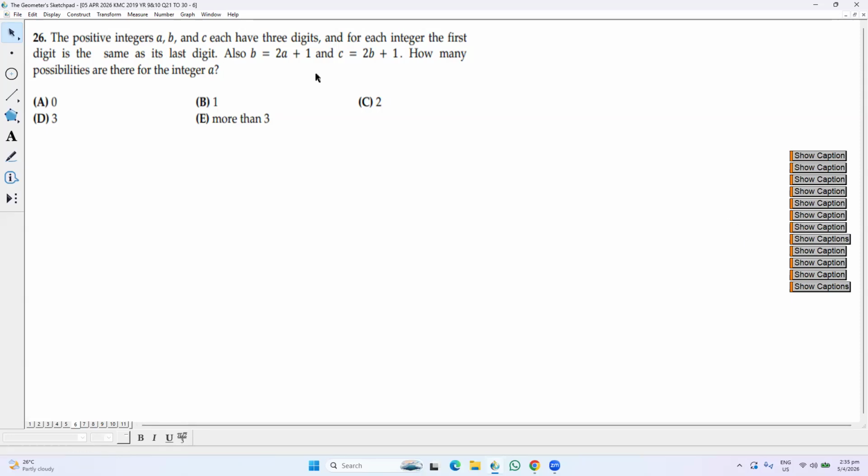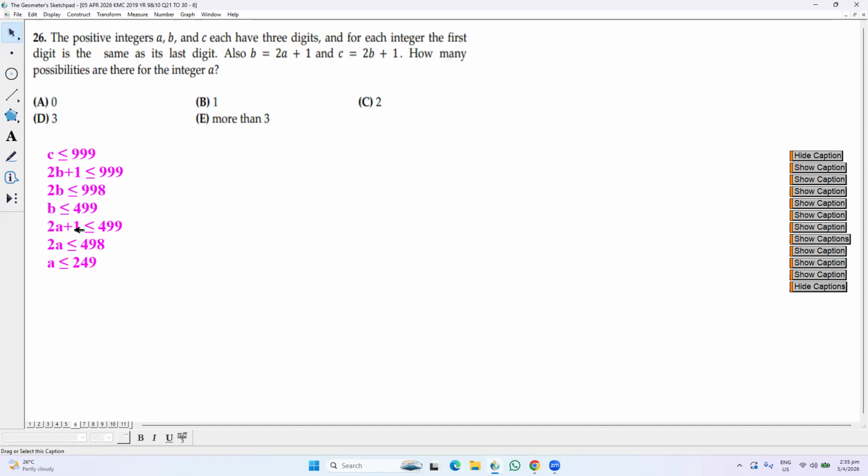We know C is 3 digits, and since C is the largest, it must be less than 999. Then we know 2B plus 1 is less than 999. So 2B is less than 998. B divided by 2 is less than 499. Then B is